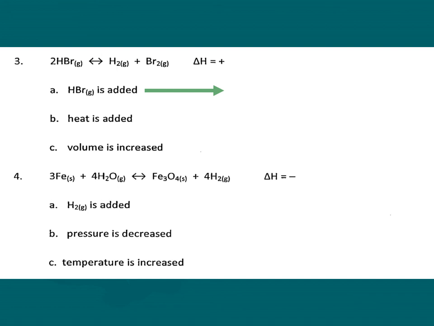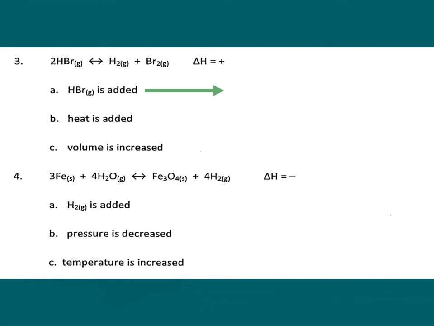By the way, make sure you're trying these. Pause them if you need to. Pause the video and see if you can get it right and then check your answers. Let's look at the second option there. B, heat is added. Well, first you have to recognize that the heat of reaction is positive. That means it's endothermic, which means